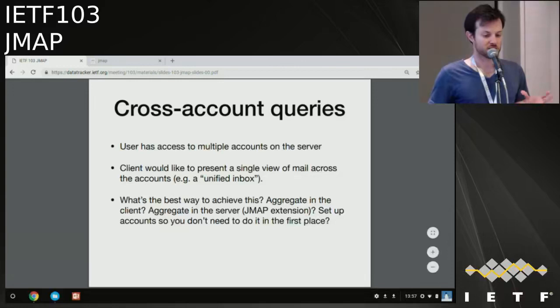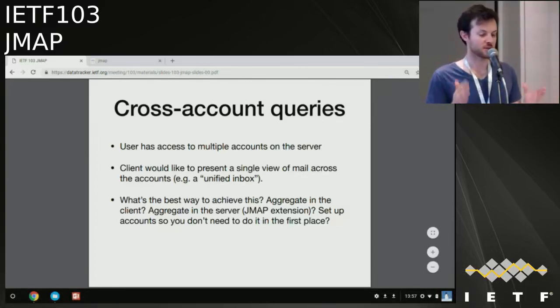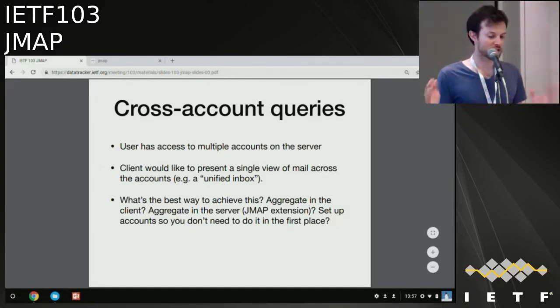In JMAP, you have accounts as a kind of isolation unit. So everything happens generally within an account, and you can copy data between accounts, but you don't have the same consistency guarantees. IDs must be unique within an account. You can lock the account as you're making a change. You have an old state and new state, and only your changes happened within that. To make this scalable across lots and lots of users, this is a really nice property.